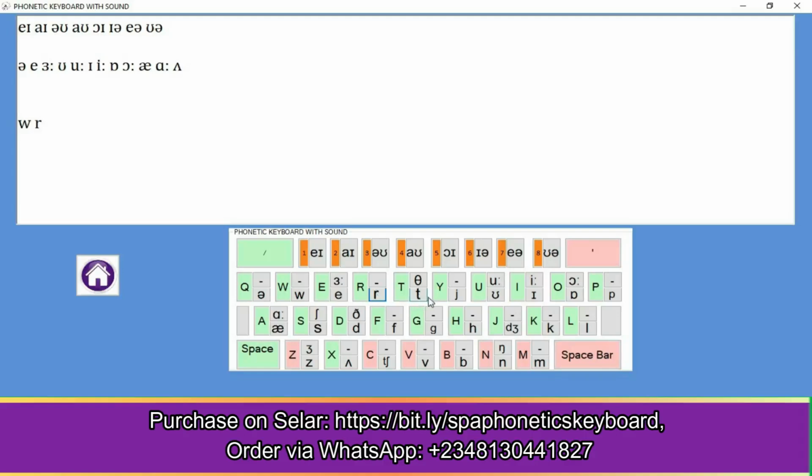Lowercase t will give us the t sound, while capital T will give us another. Lowercase y will give us the y sound. Lowercase p will give us lowercase s, capital letter S, lowercase d, uppercase D, lowercase f, lowercase g, lowercase h, lowercase j,